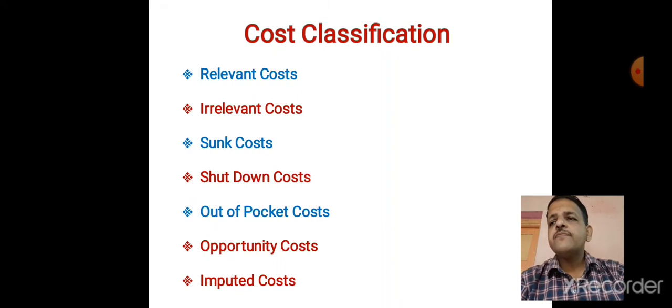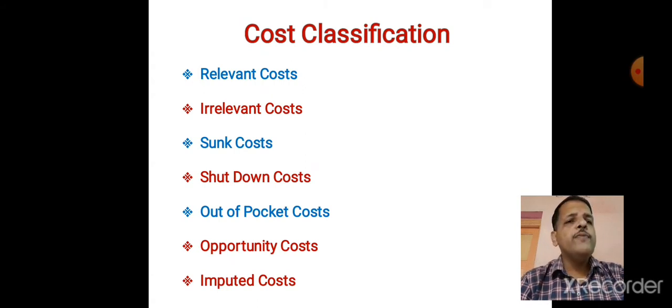Another is irrelevant cost. These costs are not relevant. They cannot be changed by managerial decision. In case of replacement decision, the depreciated book value of the old machine is irrelevant cost. As we have shown from year to year our depreciation, it is recorded in our final accounts. We have taken our statements audited. So whatever is accumulated depreciation or book value of depreciation, we can't change. So it is known as irrelevant cost.